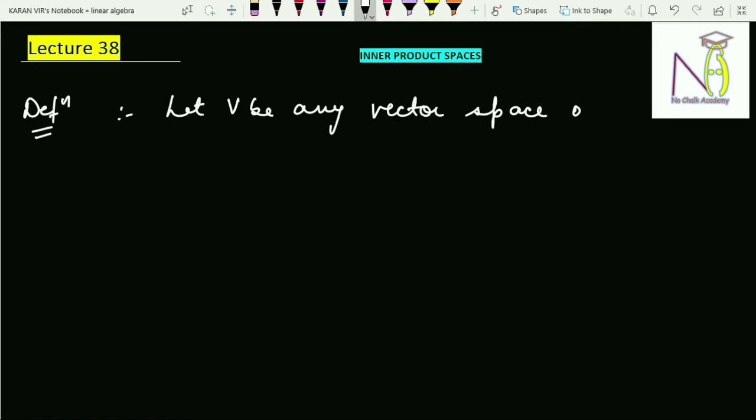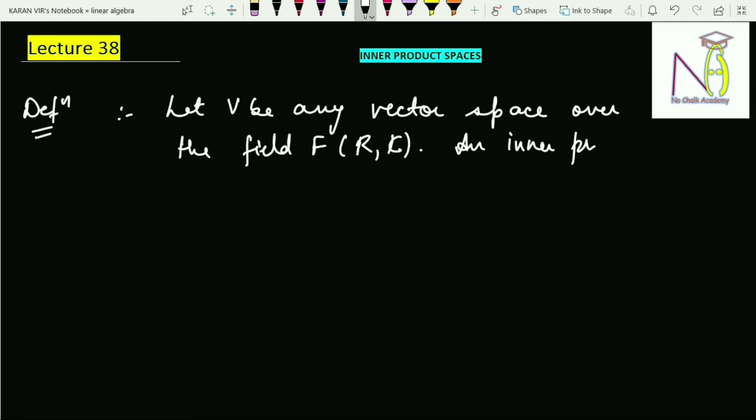over the field F, and mostly I will be considering the field to be either reals or complex. So an inner product is a map, generally denoted by this symbol, which is defined from V cross V, where V was a vector space, to the field F. Now this map will be said to be an IPS if it satisfies the following axioms,